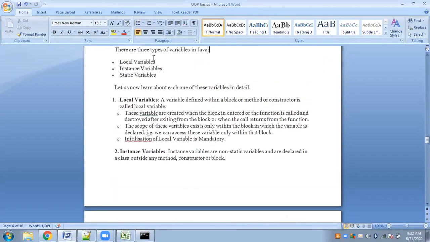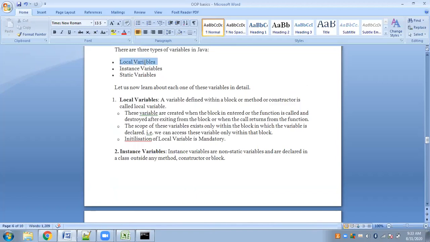One is the local variable that we have already used in C. Then one is the instance variable. Instance variables means the object variables. And then we have the static variables. These are the class variables. Since we have not yet started with basic programming of classes and objects, I will not explain this much in detail.